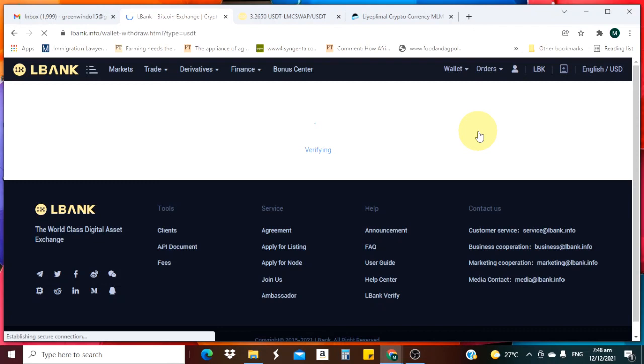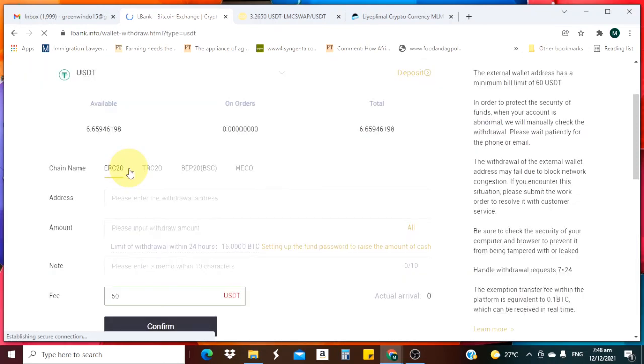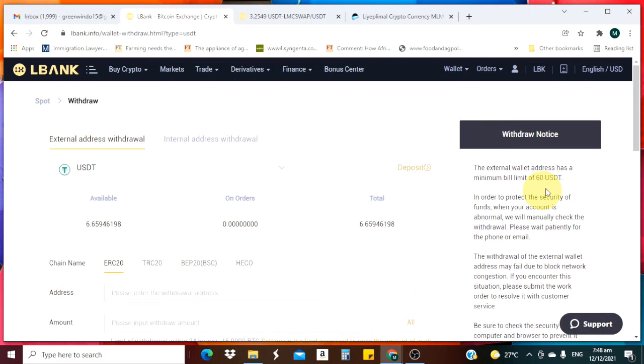If I'm sending it to the Ethereum network, I have to choose ERC20. If it's Tron network, I choose TRC20, and if it's Binance Smart Chain, I choose BEP20. Then the external wallet address has a minimum limit, I think the minimum you can send outside is $60. This is the way it is.